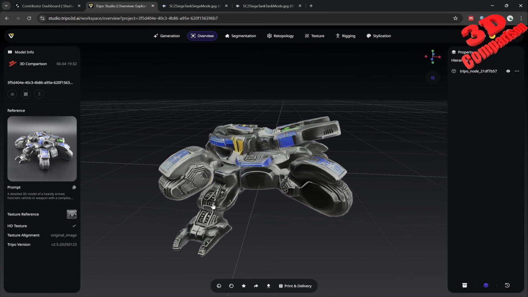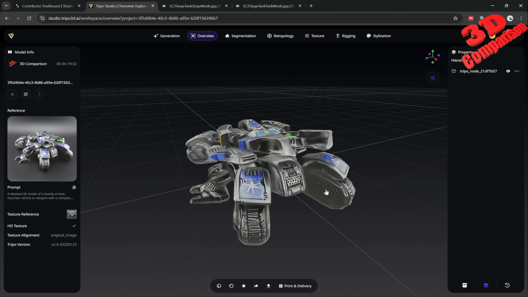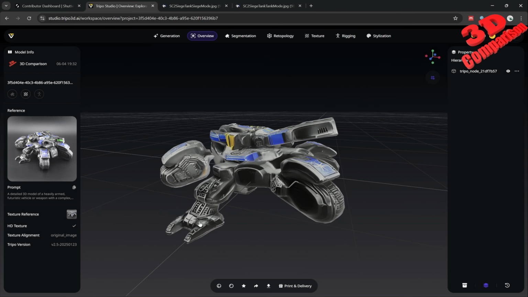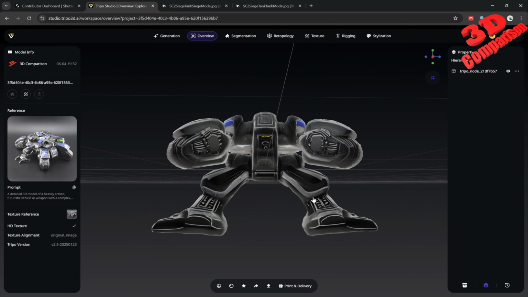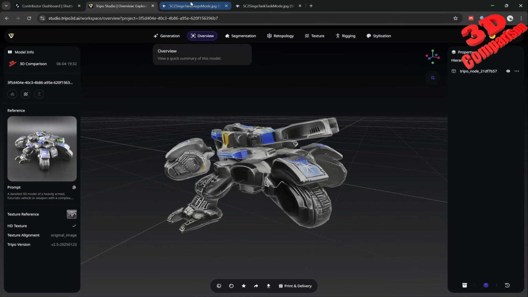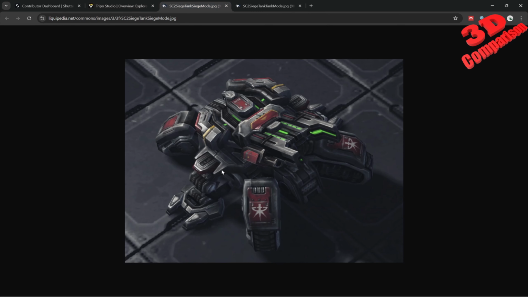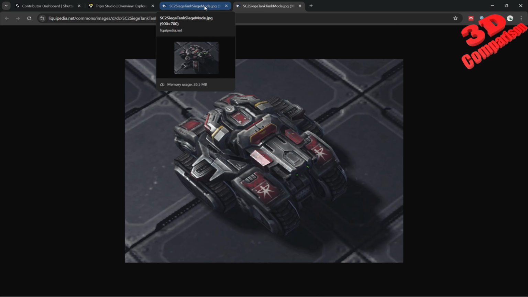We see that the tracks are pretty well defined. We see those tracks on the reference, and we see them on the model. But over here, where we have this additional element that gives the tank stability, we see that it won't actually be positioned onto a plane. If you take a look at the reference, this is the siege tank while it's in siege mode. So this will be common artillery, and this is when the tank will be in normal position, like a default